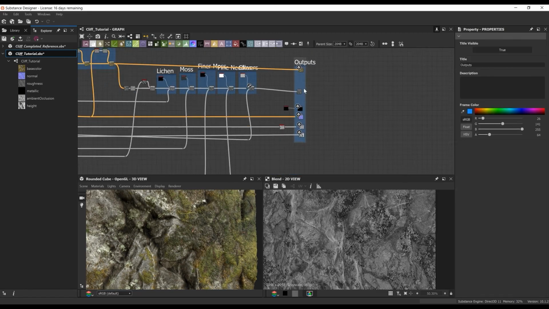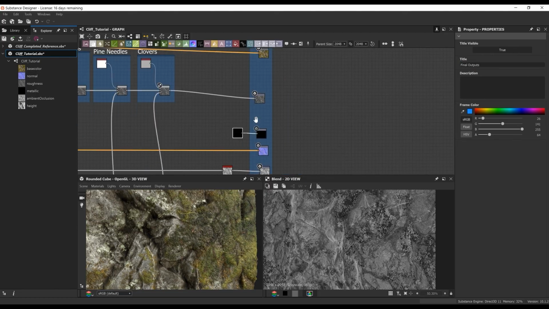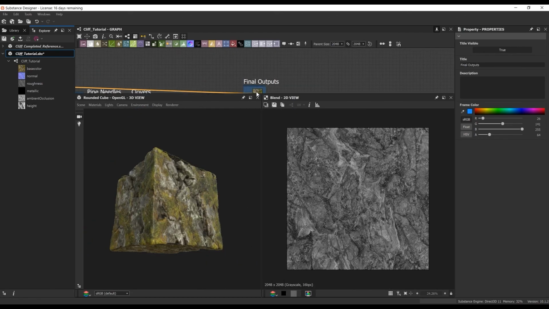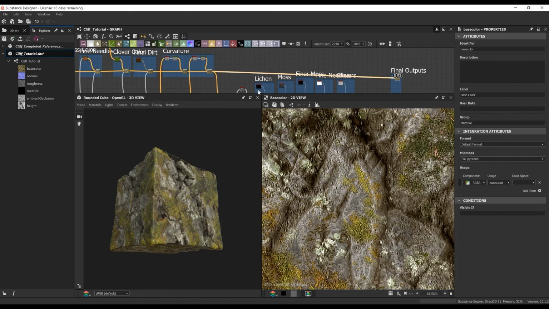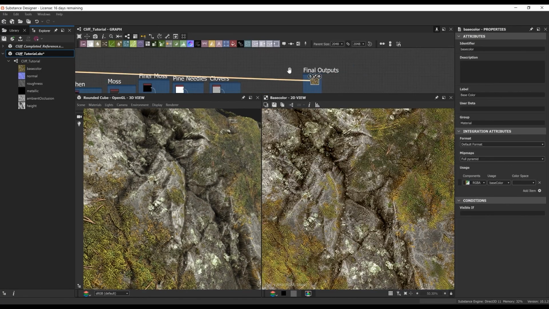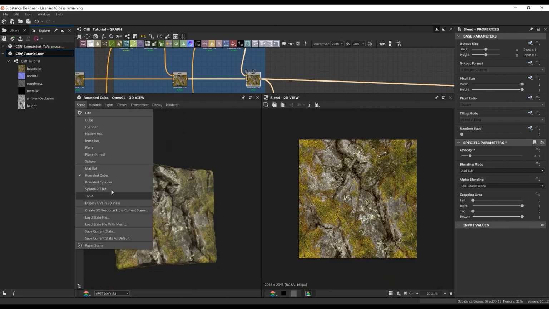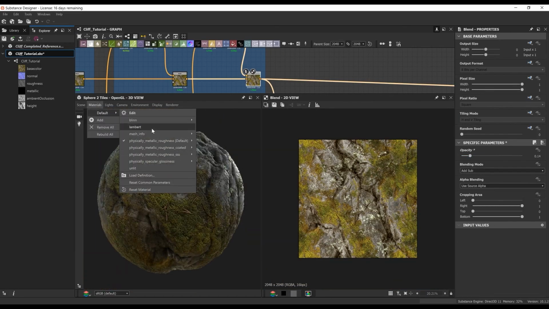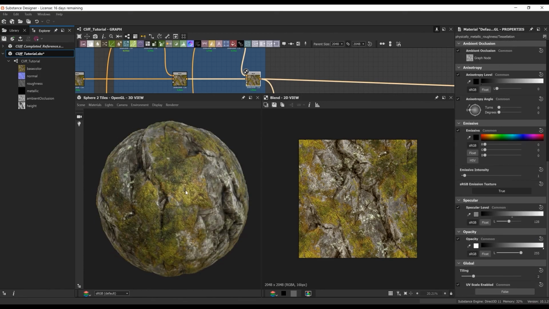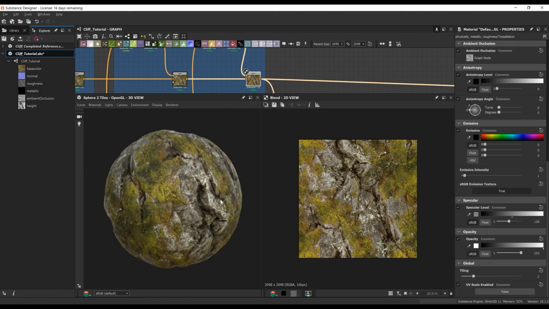Lastly, these are the final tweaks that I go in and do. I'm moving stuff into place, naming stuff accordingly, looking at our final graph. I noticed that the curvature sobel was set to DirectX, so I went ahead and fixed that. And I thought it was a little bit too intense. Always zooming in on your final 2D image is a great way to see any discrepancies that you might not have seen earlier. Here I'm just rotating on a 3D sphere to give you an idea of what it's going to look like in the final renders.